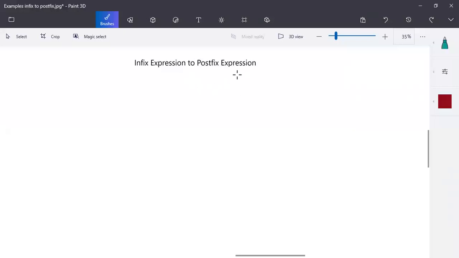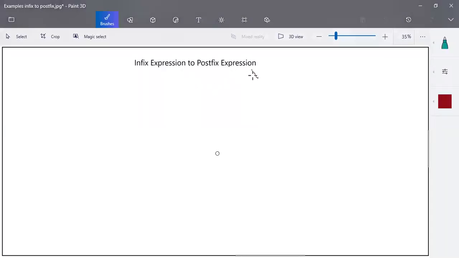So let us start. Consider x is the infix expression. We'll be converting this x into a postfix expression y. And we'll be using a stack as a data structure or a memory unit in between. Okay, so now the steps involved are: we are going to scan the input.